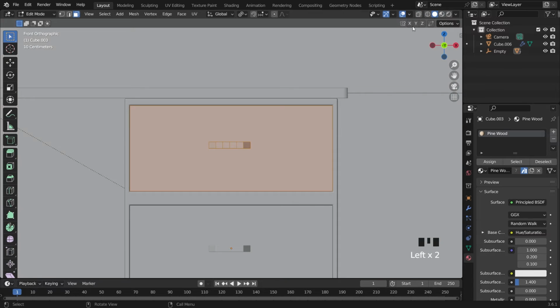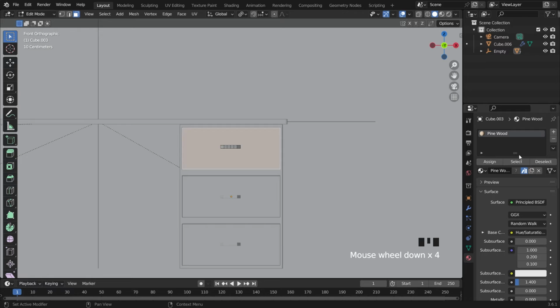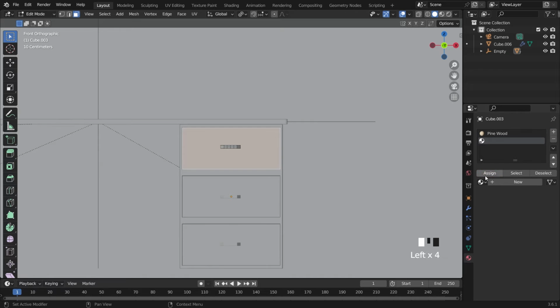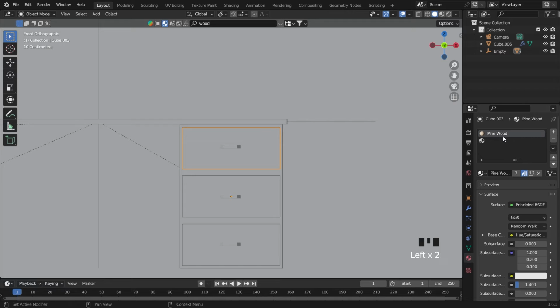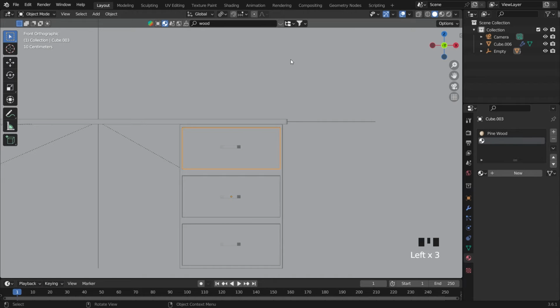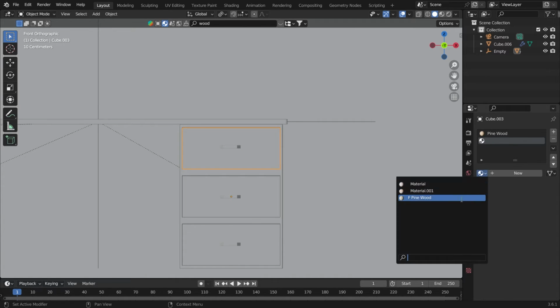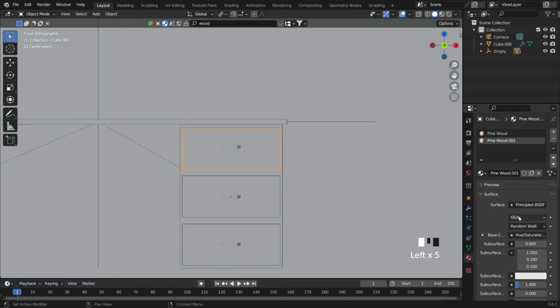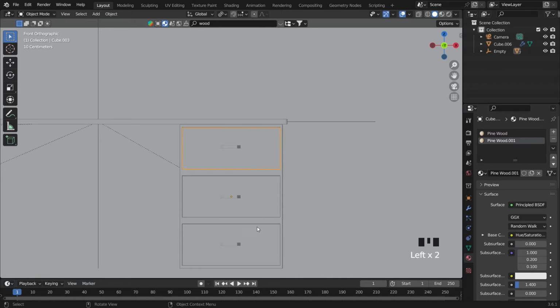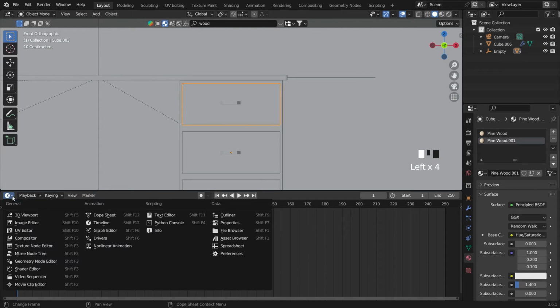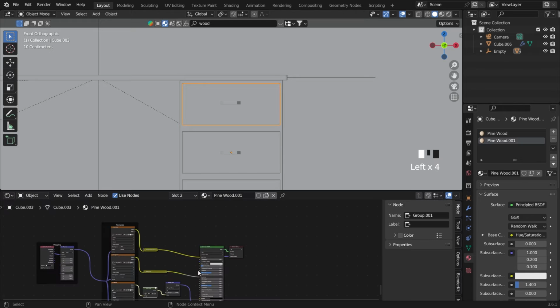But this is not done yet, and we can try to choose all of this. And here I just want to assign. Alright, here we can try to assign, and on this side we can use some pine wood also, but I'm gonna try to duplicate this one, and I want to change this color, and I need to hide this. No, just go here,